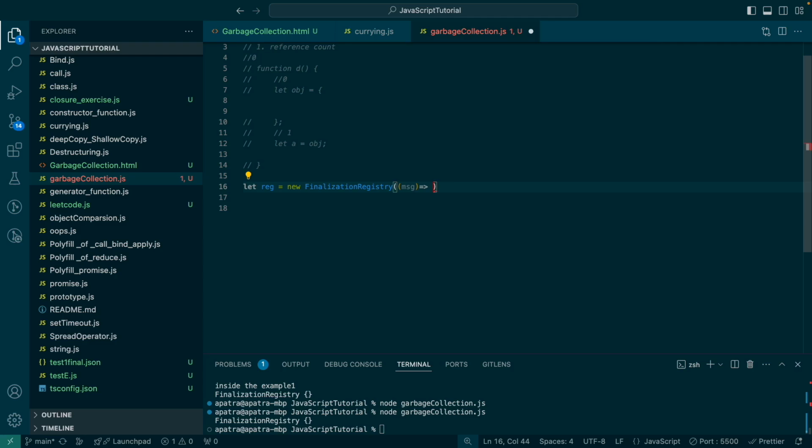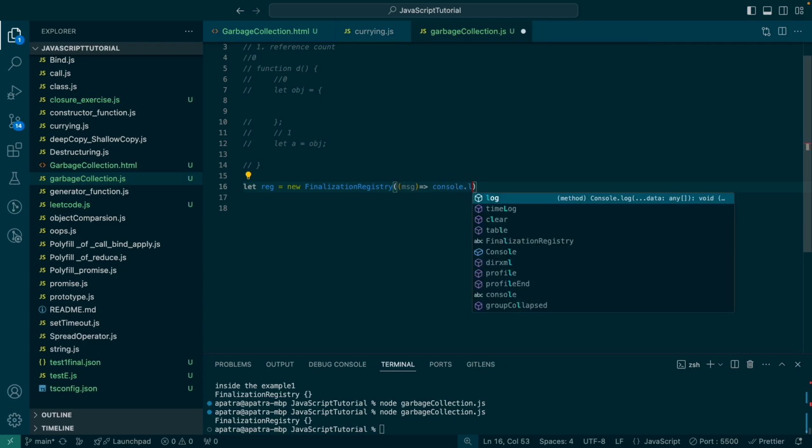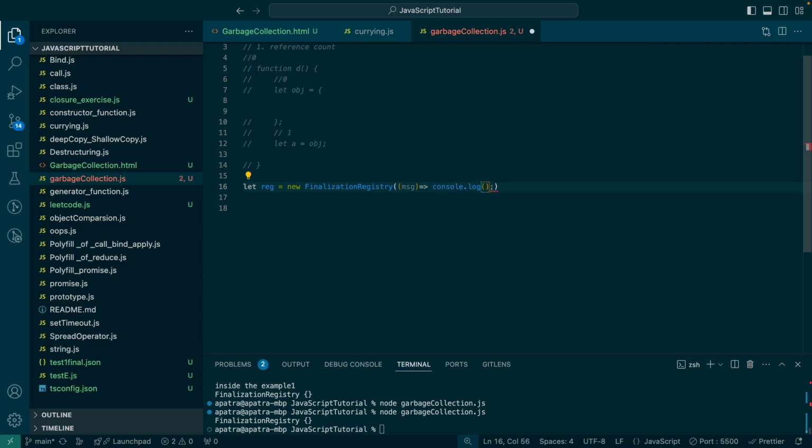Message, console.log, logged, then message. Now what I'll do, I'll just write a function here, function getMyName,